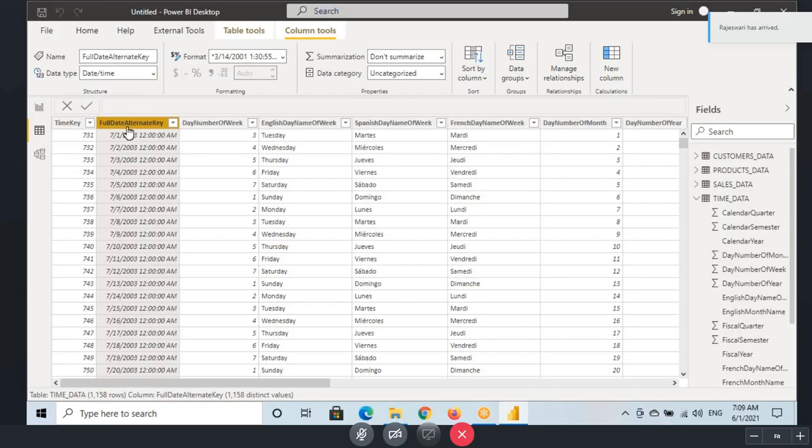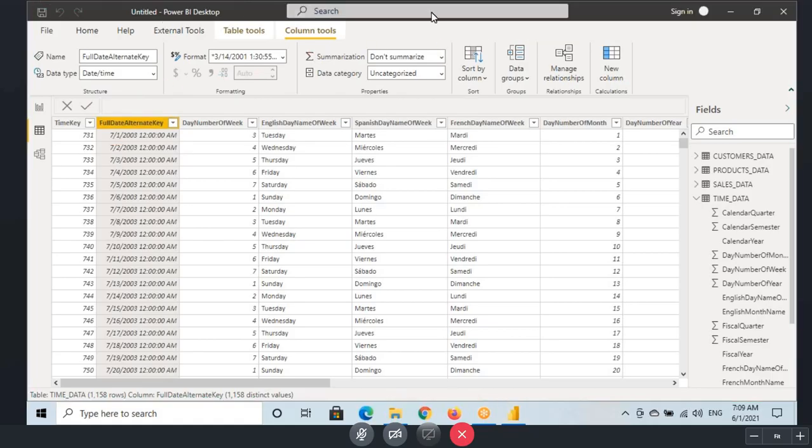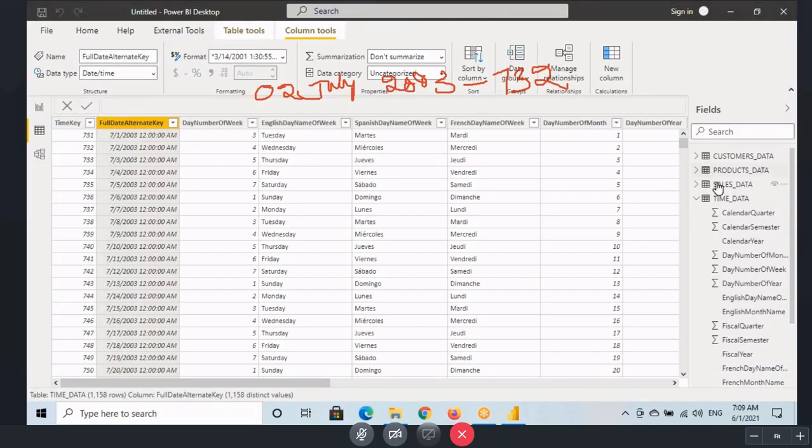When the order was placed, let's assume the order is placed on 2nd July 2003. For that 2nd July 2003, what is the time key you have? 732. When the order is placed on 2nd July 2003, in the sales table,